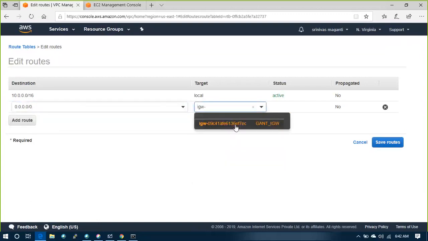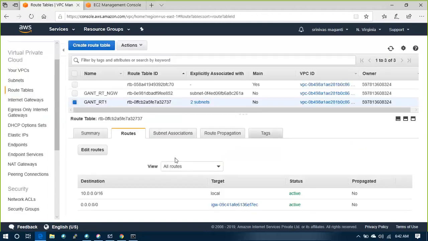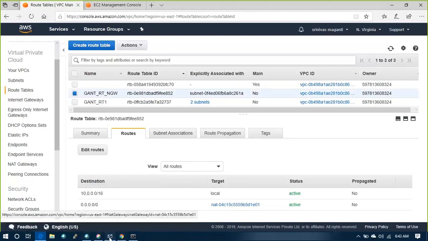This is internet gateway, save routes. Close. Okay, this route table 1 is going to internet, and the second one is going to NAT. So we have two route tables here in the picture.